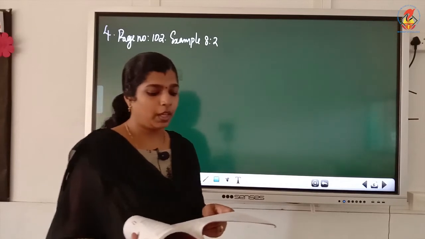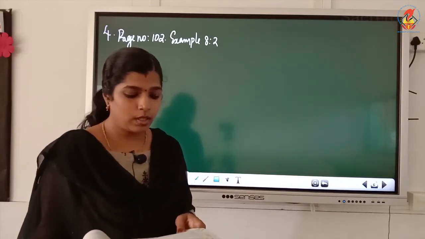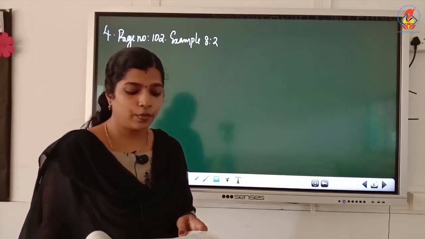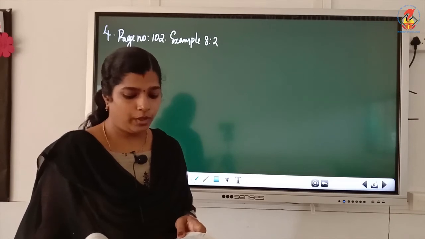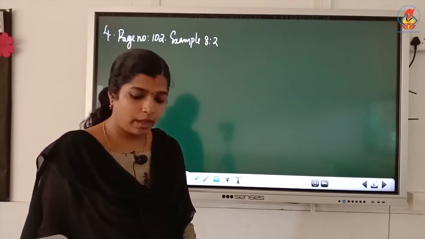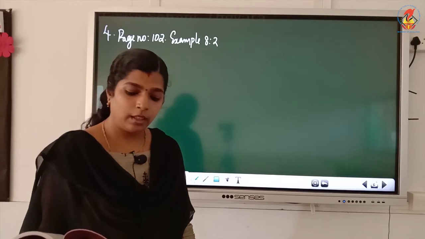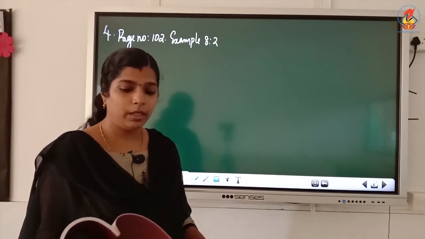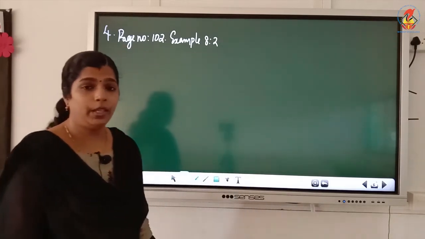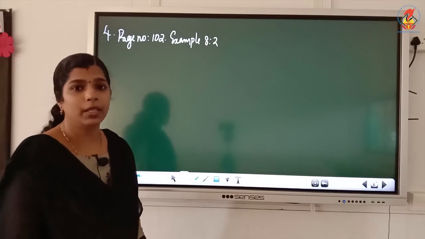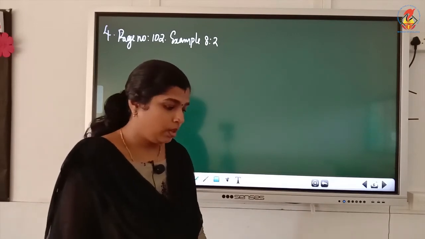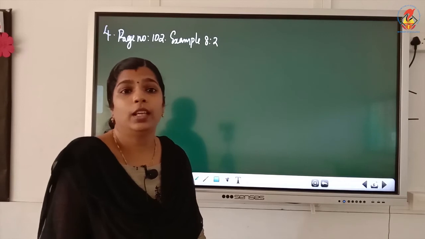The odometer of a car reads 2000 km at the start of a trip and 2400 km at the end of the trip. If the trip took 8 hours, calculate the average speed of the car in kilometer per hour and in meter per second. So, you need to calculate the average speed in kilometer per hour and in meter per second. Odometer of a car means it measures the distance in kilometers.